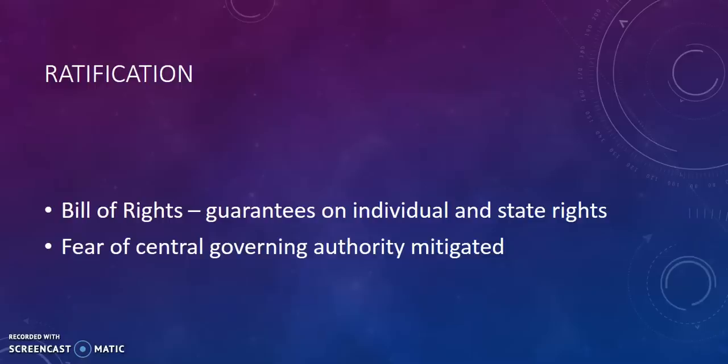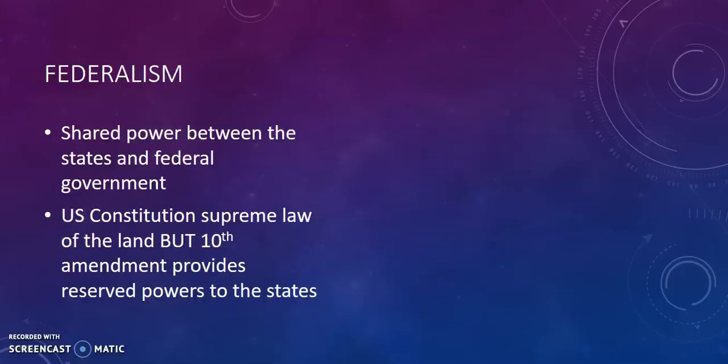Remember, the states are giving up their rights that they had under the Articles of Confederation to an extent. So they want some guaranteed protections that state rights and individual rights are going to be protected. Of course, Rhode Island is eventually going to come on to ratifying, although they will be a little late to the game. But what this encapsulates is federalism, right? We have this power relationship between the federal and the state government.